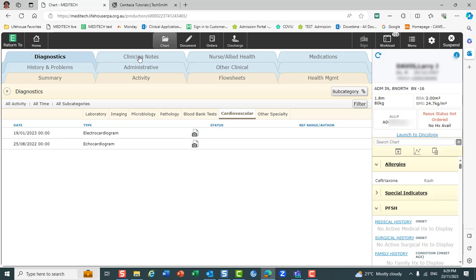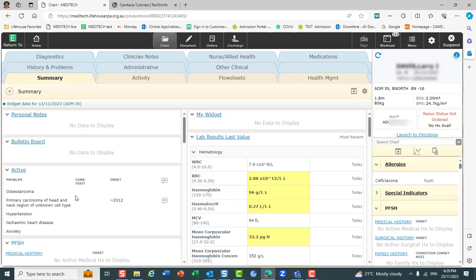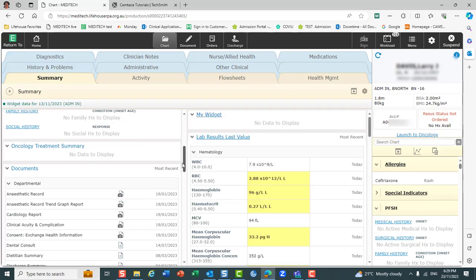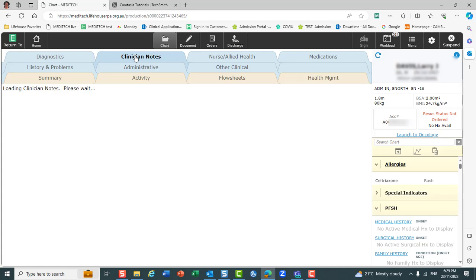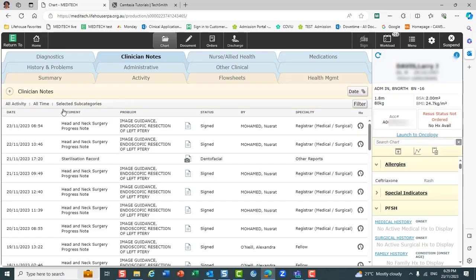If you want to see, this is another way of looking for your doctor's notes. So on the summary, you had all these notes, all these documents here by category, but you can also click on this tab and find the clinician notes